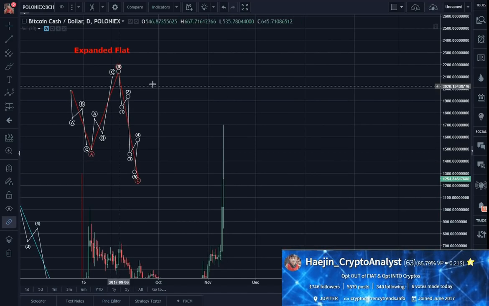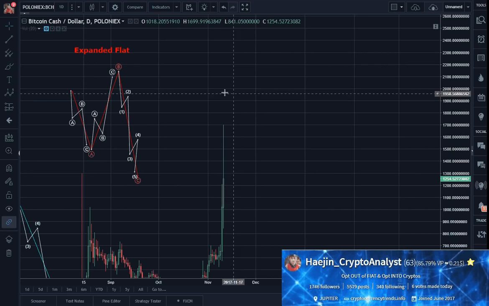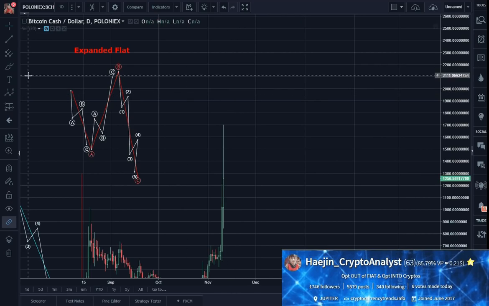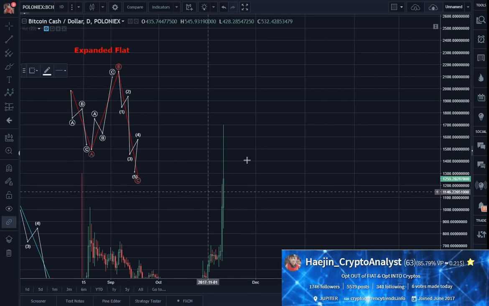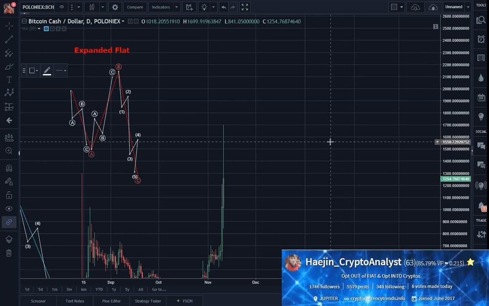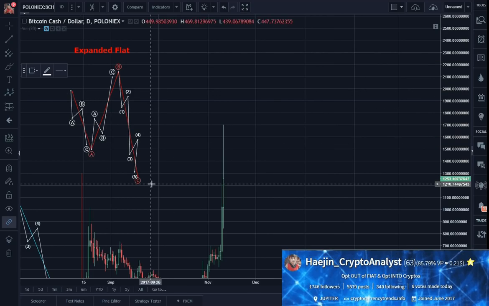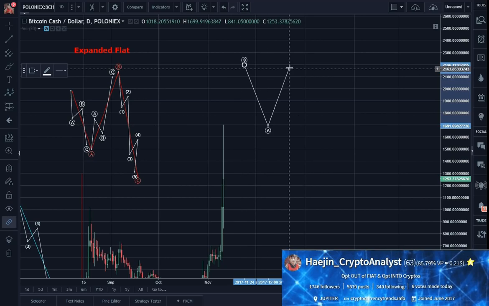Now, the other flat is called a regular flat. Still 3, 3, 5. And this one is called a regular flat. And to be honest with you, I haven't found really many regular flats in the cryptos. I've searched, but I haven't found an example of it. But now that you understand the expanded flat, you will be able to do the regular flat count if you find it. So you have A, B,